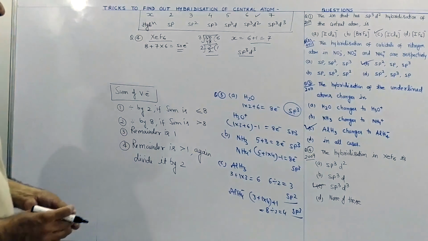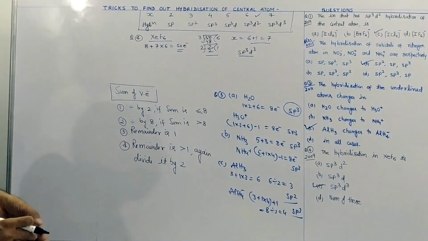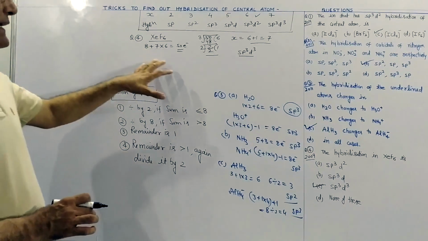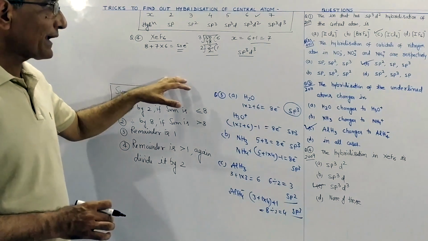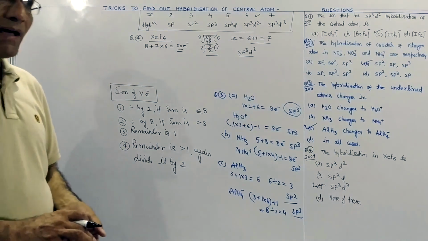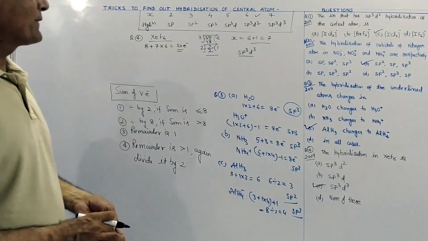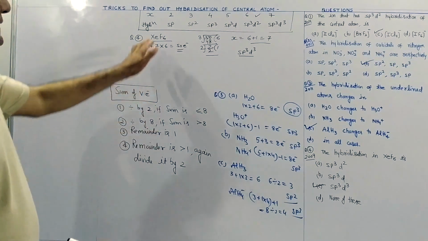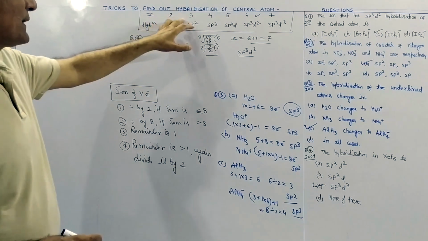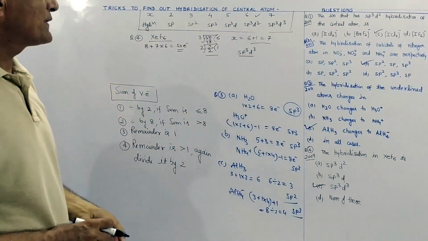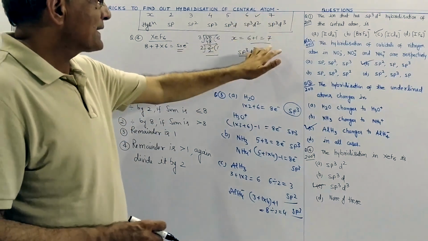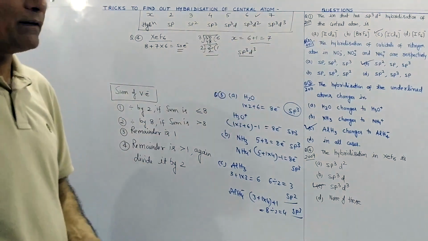So with the help of this trick, you can find out the hybridization of any compound, any ion students, and it takes very less time. It will save your time, and the only thing is that you need to know the valence electrons of elements forming the compound or ion. And this table is very simple. If X value is 2, then sp; 3, sp2; 4, sp3; 5, sp3d; if it is 6, sp3d2; and if it is 7 as in this case, then hybridization will be sp3d3.